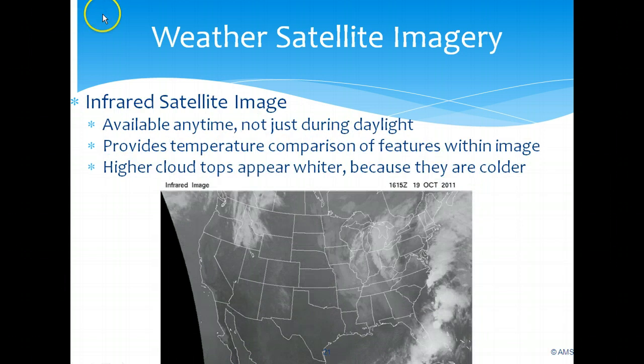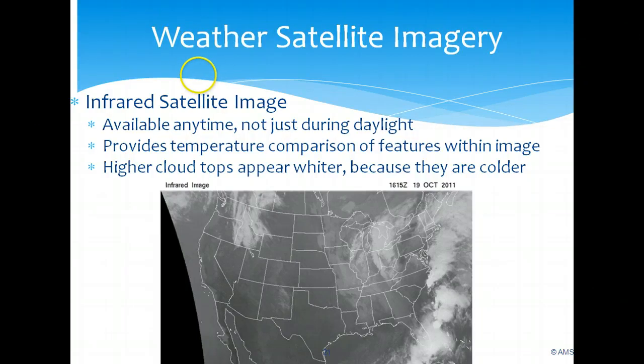Another type of image that we can receive from various satellites are things called infrared satellite images, using a different wavelength of light, and they are better than the visible basically because they are available anytime, not just during daylight. And they also provide temperature comparisons of features within that particular image, indicating